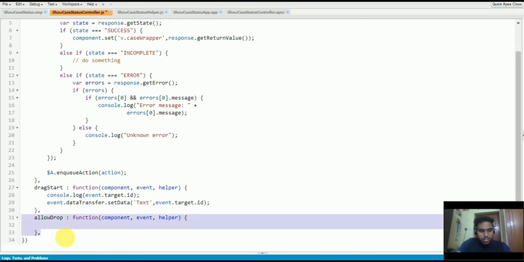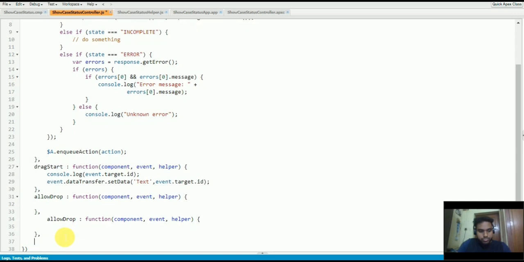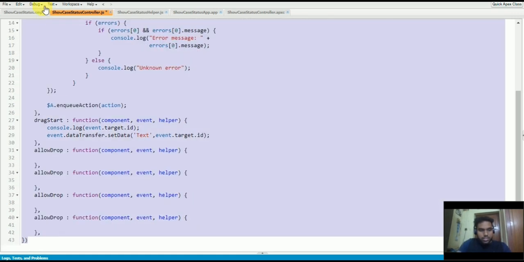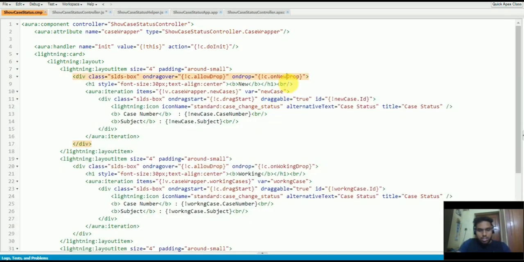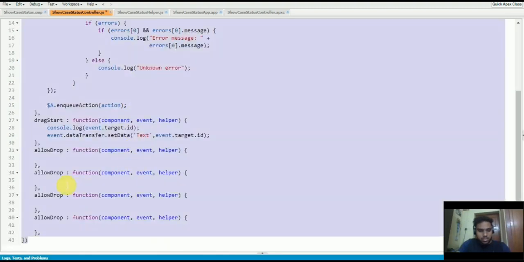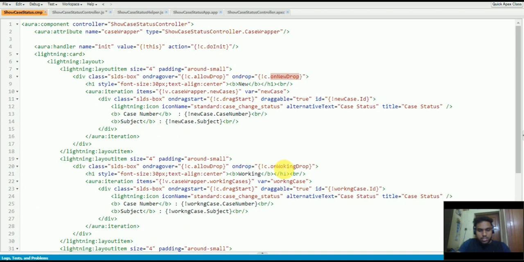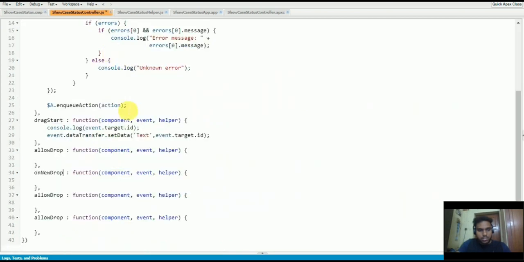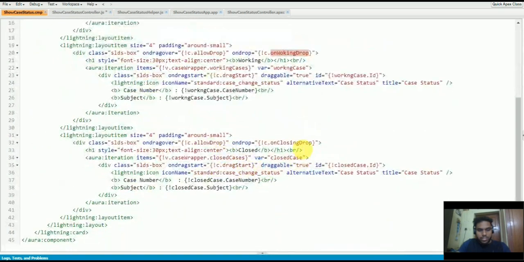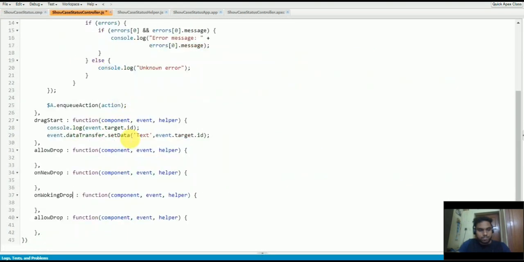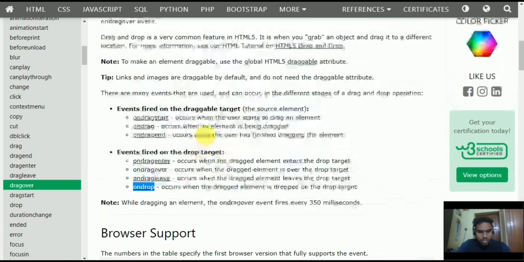We have to add, so the first thing is we have to add this on new drop, and the other thing is on working drop, and the other thing is on closing drop. Now the next step is, so if you observe here,